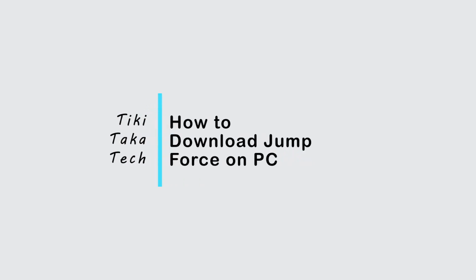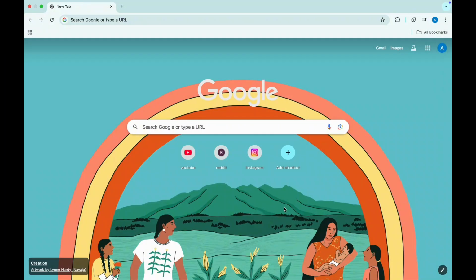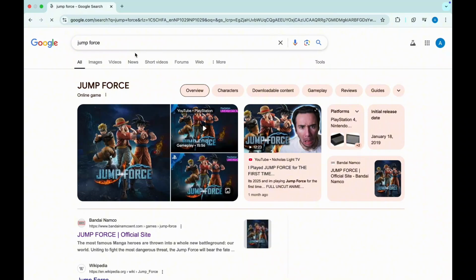How to download Jump Force on PC. To download Jump Force on your PC, you can follow these steps. First of all, open any web browser and in the search address bar type down the Jump Force and search for